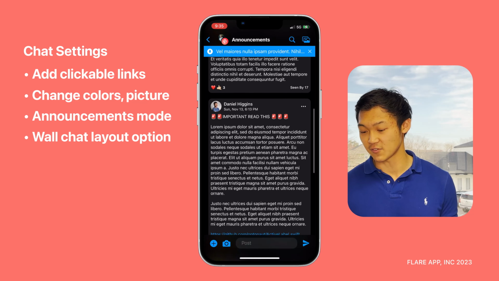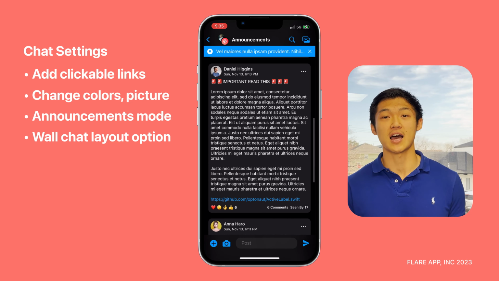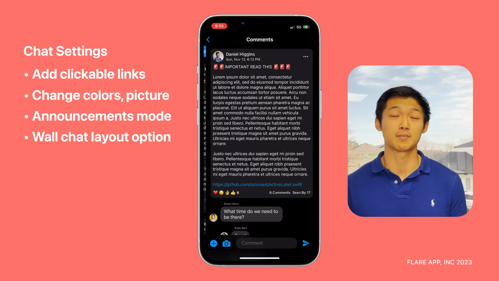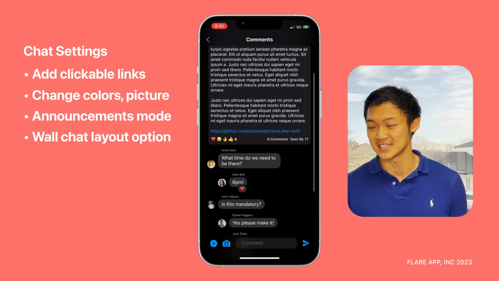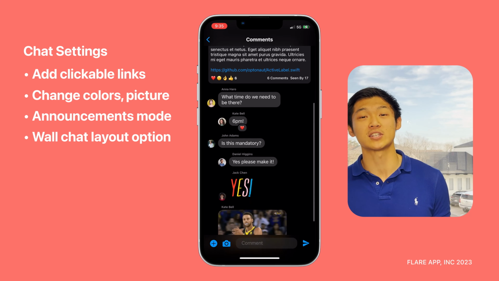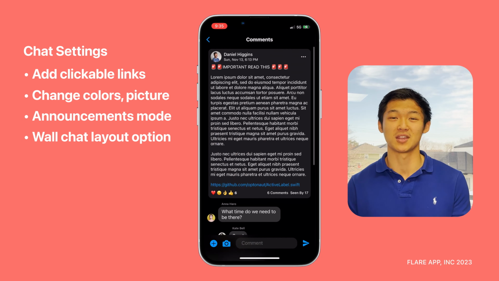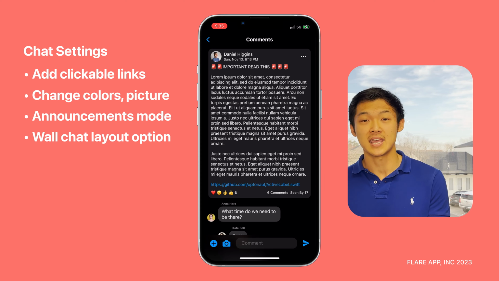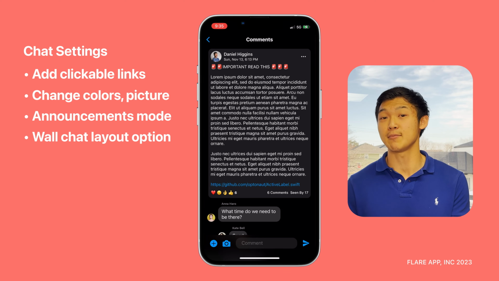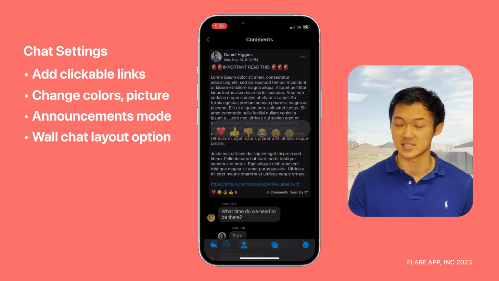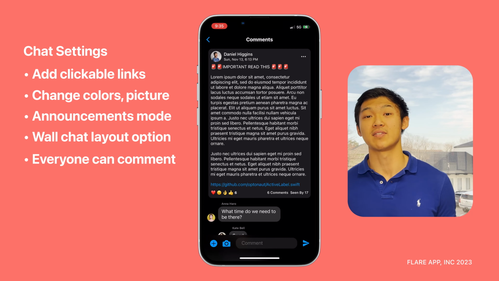This is fantastic for announcements because you can fit a lot more information within each post, but the best part here is that people can comment underneath the post if they have a question about something. When you comment, you don't notify everyone in the chapter, you only notify people in the comment section, and with announcements mode on, only admins or exec members can make announcements, but everyone can comment below if they wanted to.